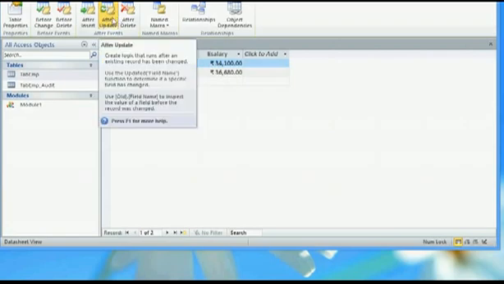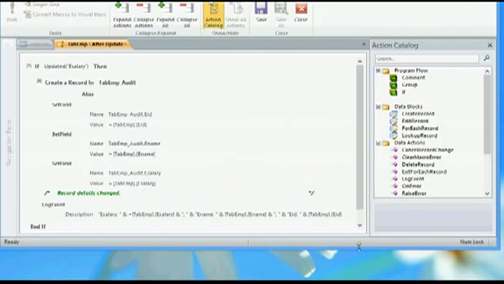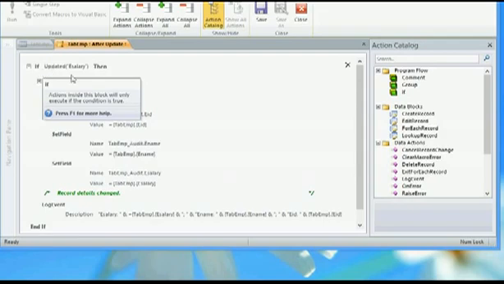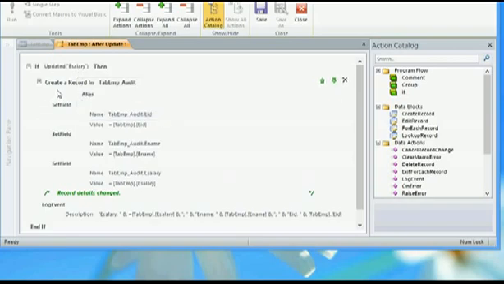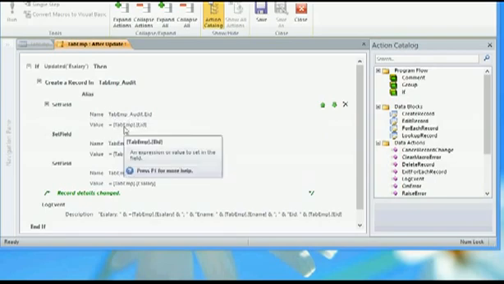For this tutorial I have made some changes in the after update event. This is what my event is. My idea is, if any changes happen to this e-salary field, then it should add a record to the tab emp underscore audit file by adding a new record into that.